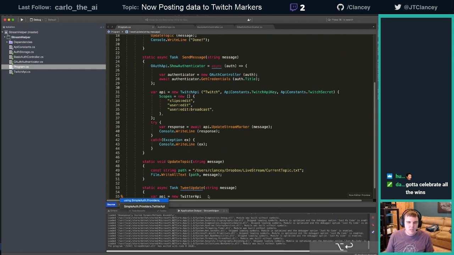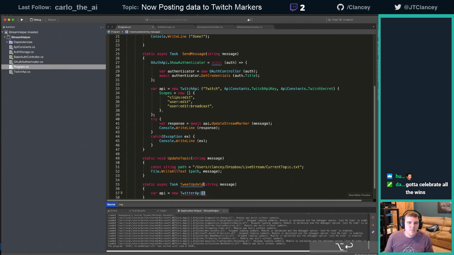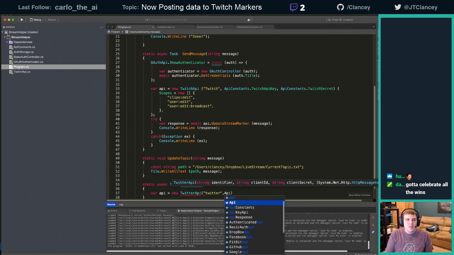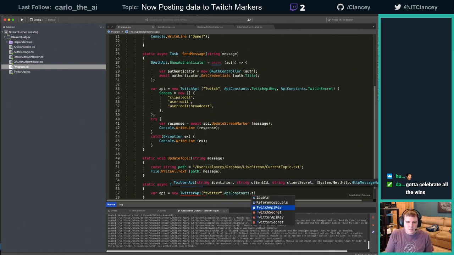We need the namespace. I think it's called the Twitter API. Yep, Twitter API from SimpleAuth providers. It's going to ask us for a few things. First one being the identifier. We're just going to call it Twitter. Client IDs, API constants dot Twitter API key, API constants dot Twitter secret, and